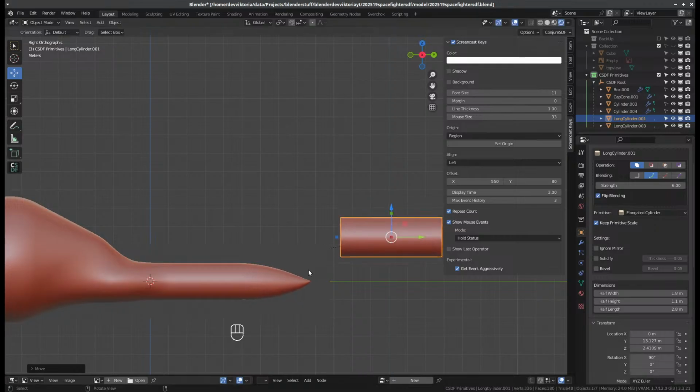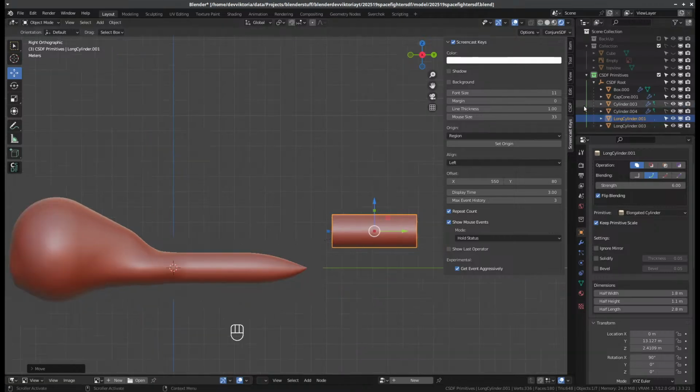So this is kind of what I did to give this top and bottom kind of an asymmetric shape. I moved it up a bit, and then